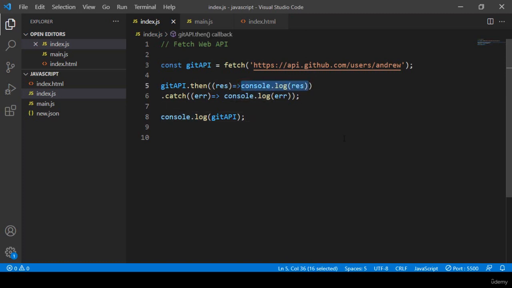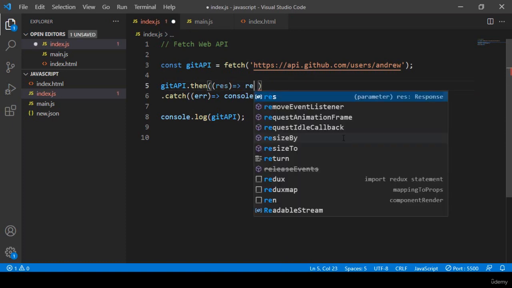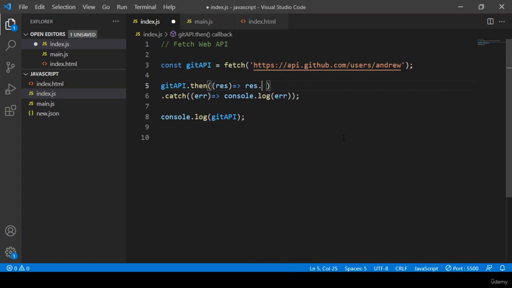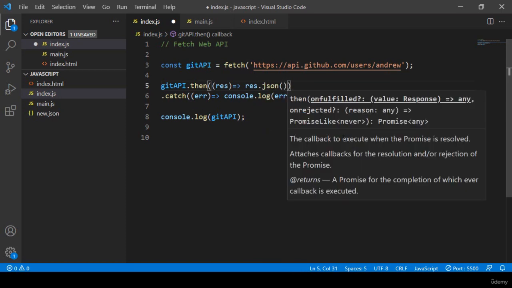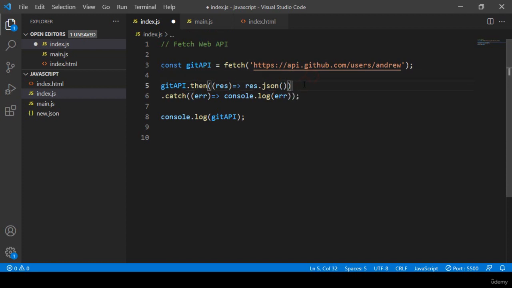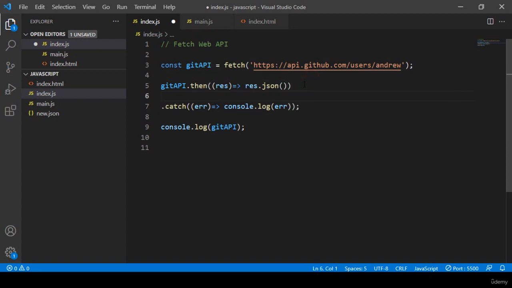So right now better I remove it. Okay, remove it, and then I want to call this response. That is our response, and then JSON. That is our JSON method, so I simply call it. Okay friend, and after that, right now there is one of the promises data, so we can use another then. So I make it as another then method, and into this then method I want to pass